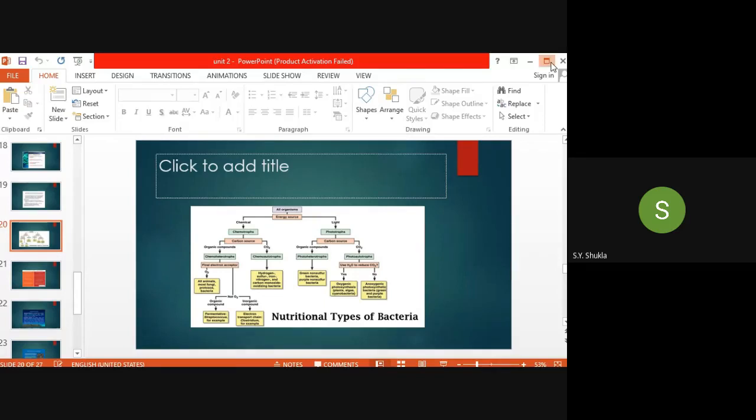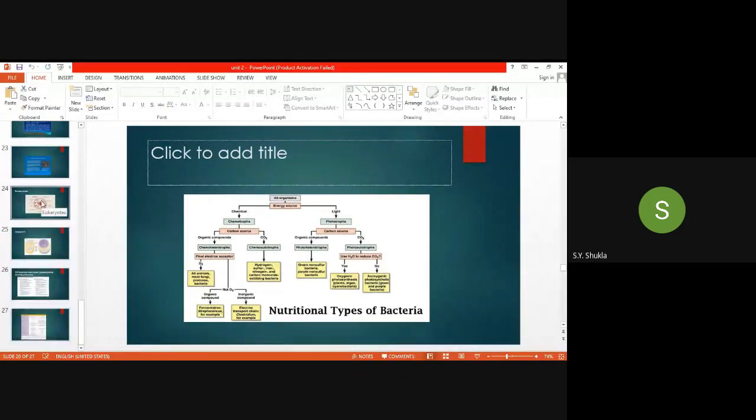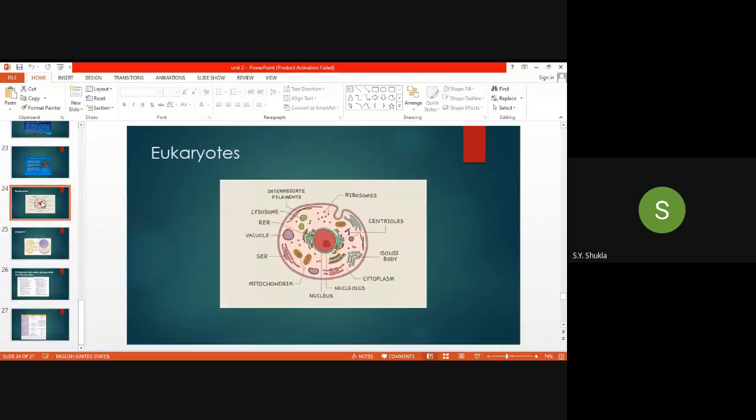That is eukaryotic cell. In the last lecture, we completed all about the prokaryotes. What are the prokaryotes, what are the examples for prokaryotes, and their classification depending upon the oxygen requirement, pH requirement, their temperature requirement. There are various classes of these prokaryotes, and before that we discussed all the